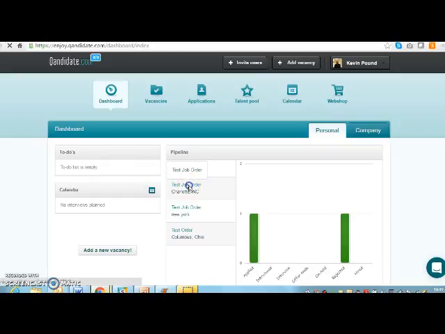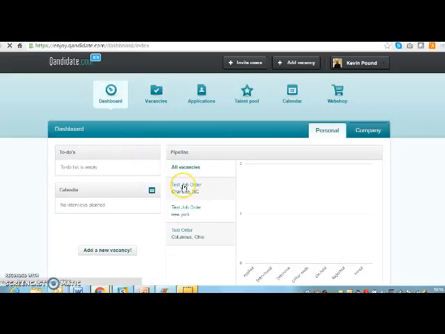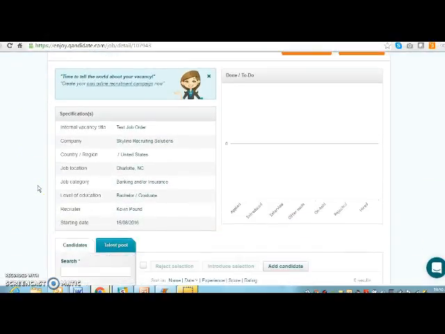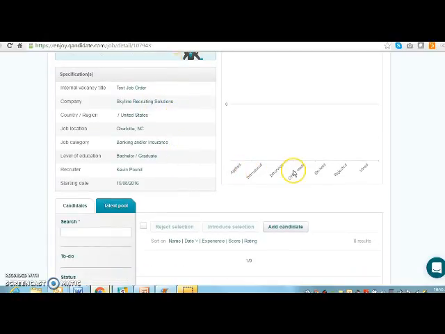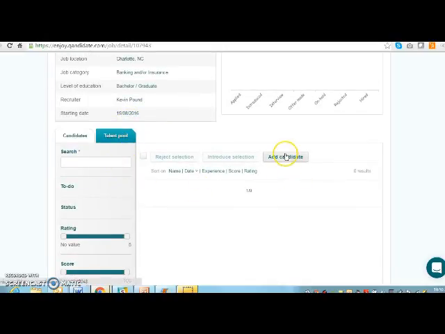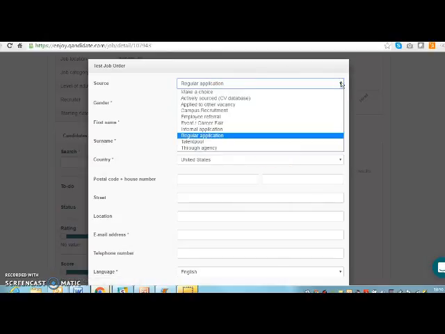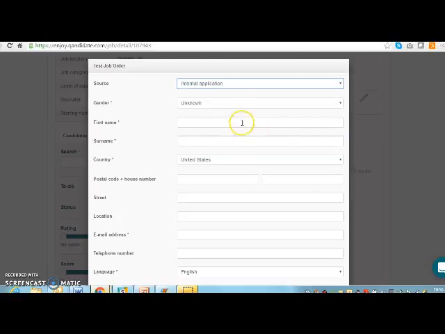Now let's go and enter a candidate. So we go back to the dashboard, and we click on the job order that we just put in, and we have all of our information right here. Nobody's in the mix yet. We haven't put any candidates in, so let's go ahead and put a candidate in. Now, how do we source this candidate? We can track that, but let's just say he applied through our website, which is an internal application,